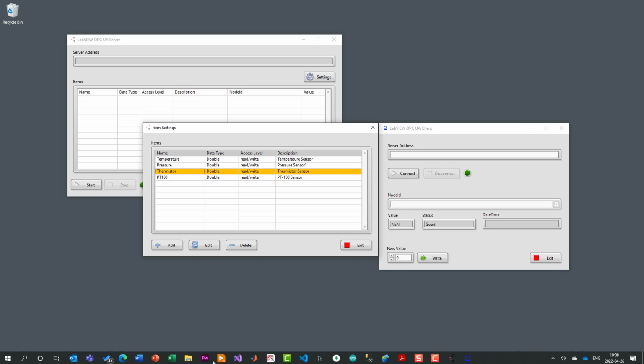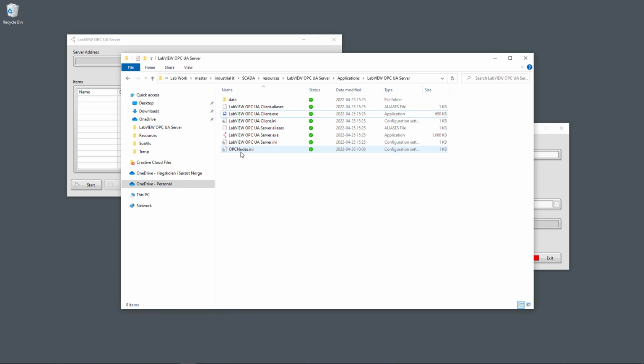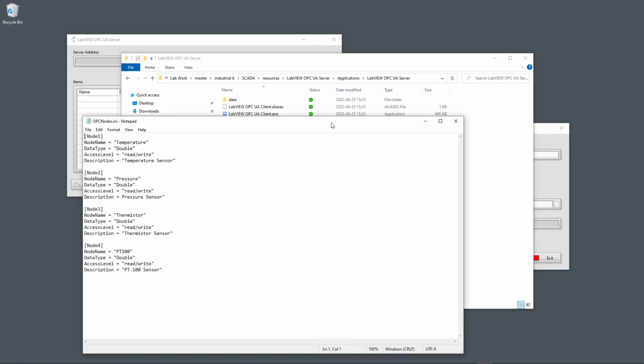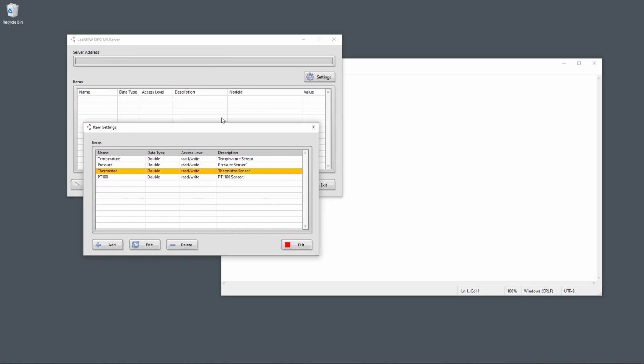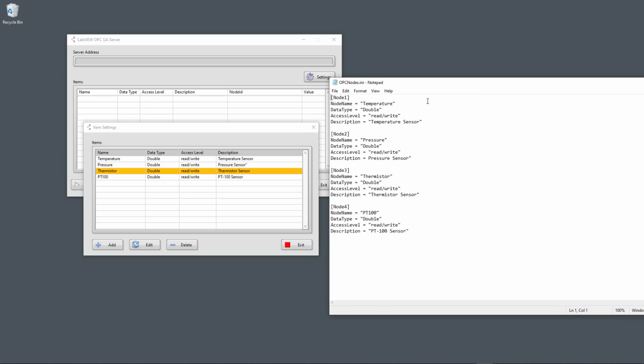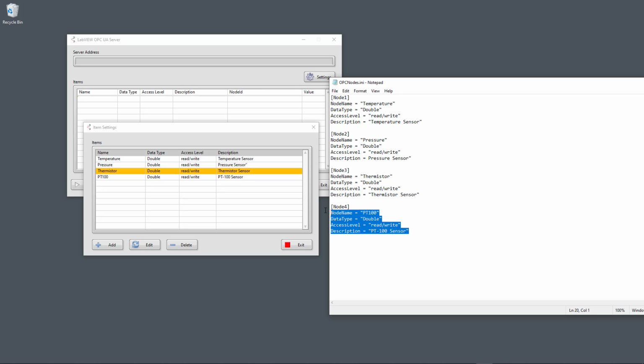And these values are stored in this file, this OPC nodes.ini. If I just open this file in Notepad, then you will see that the same information is stored here in the file. So either you can edit the items here using the graphical user interface, or you can directly update the file here. If I just enter a new one here,